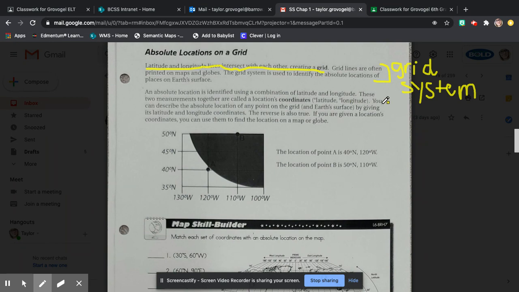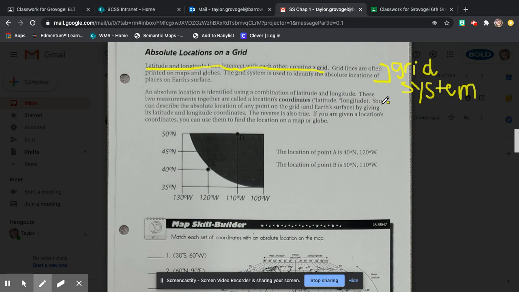You can describe the absolute location of any point on the grid, which is on Earth's surface, by giving its latitude and longitude coordinates. The reverse is also true. If you are given a location's coordinates, you can use them to find the location on the map or the